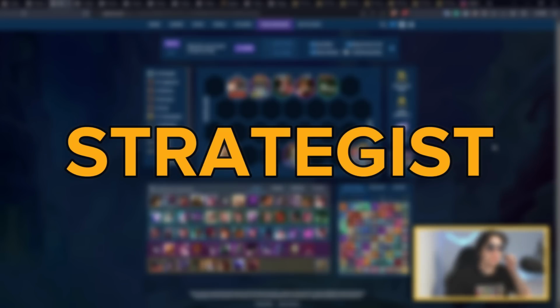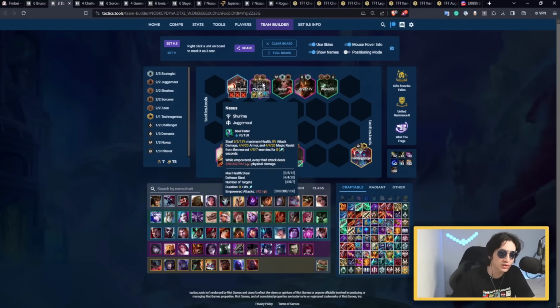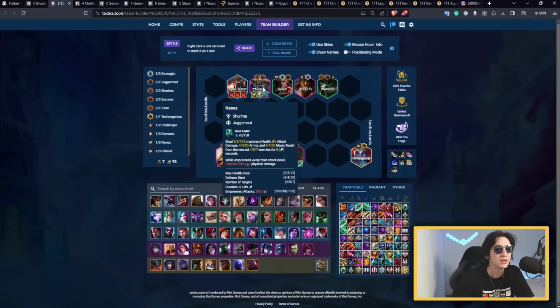Next comp that's really popular and kind of too contested as well. Actually, what's really contested is Silco and Nasus, probably the most 2 contested units right now. But for sure, like this comp is extremely strong. The way you want to play it is obviously to have Nasus with 3 items. It's really important that Nasus is the one who ascends with the Shurima,